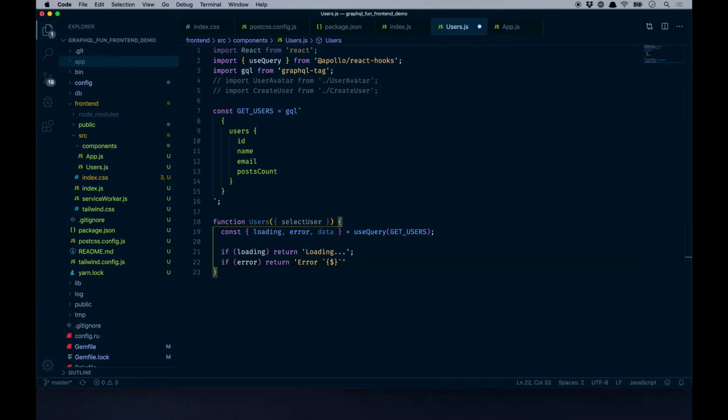Actually, this should all be in backticks. Fix that real quick. Error will be error message. All right. And then finally, the meat is, we'll come back to this one. Actually, I'll come back to that part, but we want to return